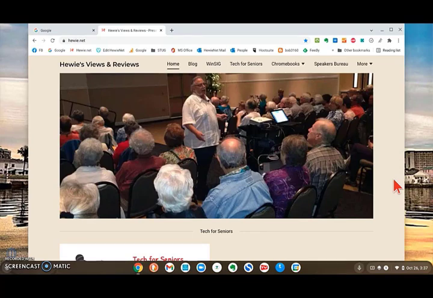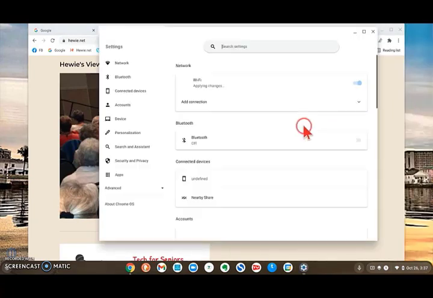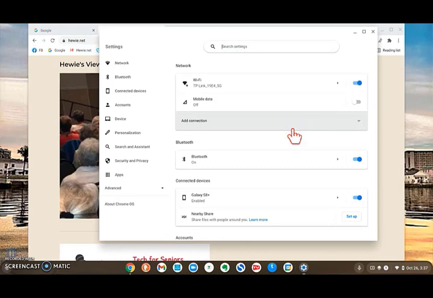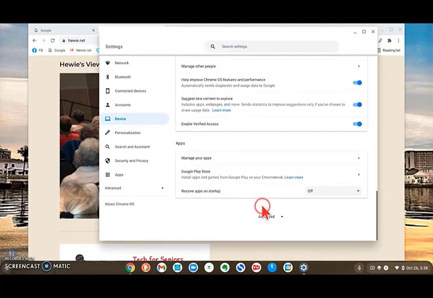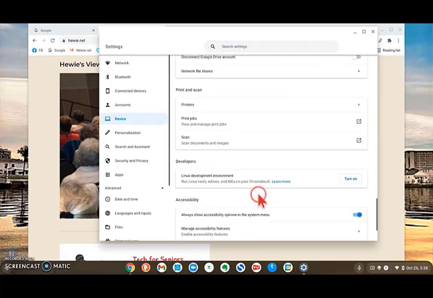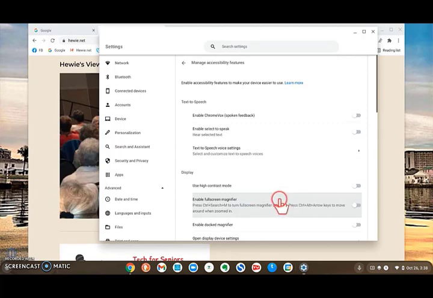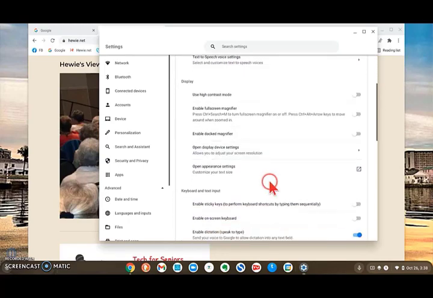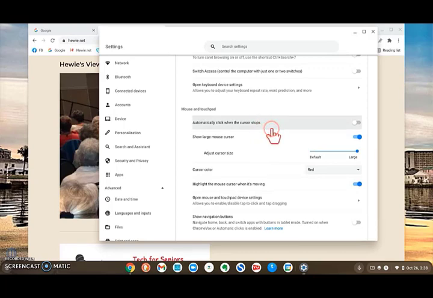To enable this feature, you go to the Settings menu, and then click Device, and then click on the Advanced, and then click on Manage Accessibility Features. And when you do, scroll down to the mouse and touchpad, and you'll see automatically click when the cursor stops. If you turn that on,